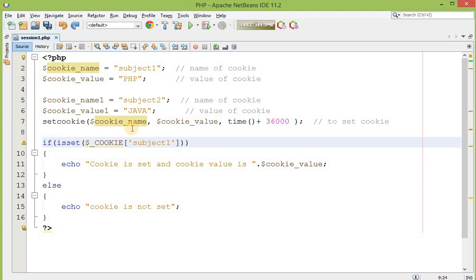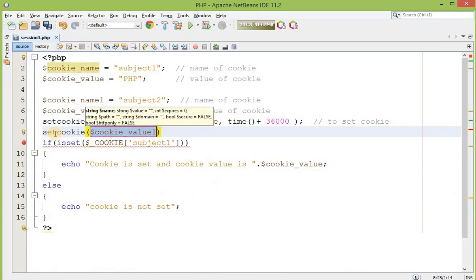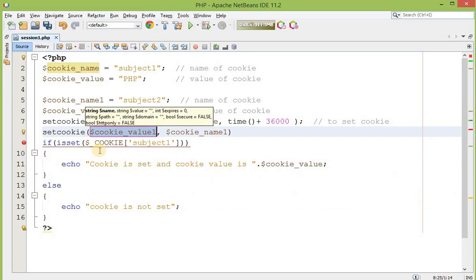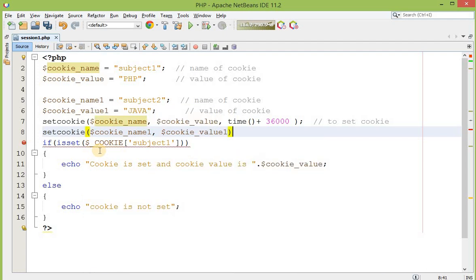Now over here I have to set this cookie also. And what is the name of this cookie? Over here it is name1, and it is cookie value1.